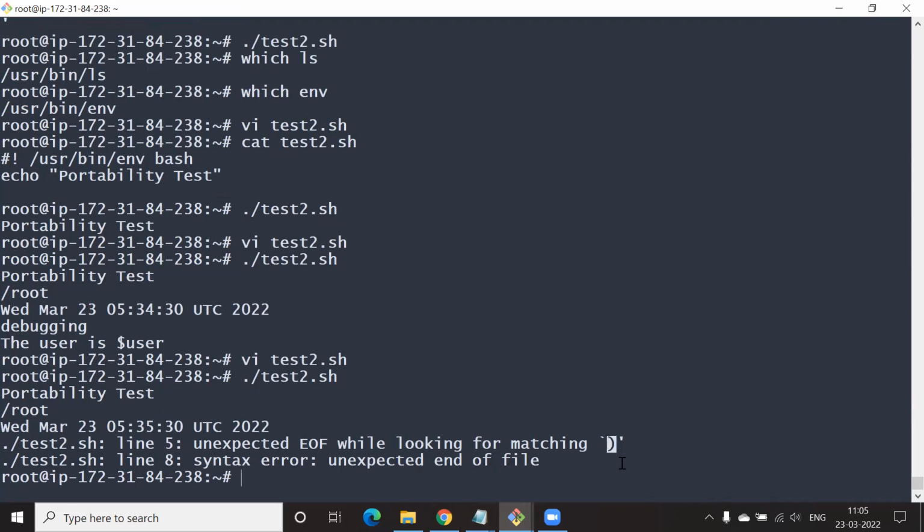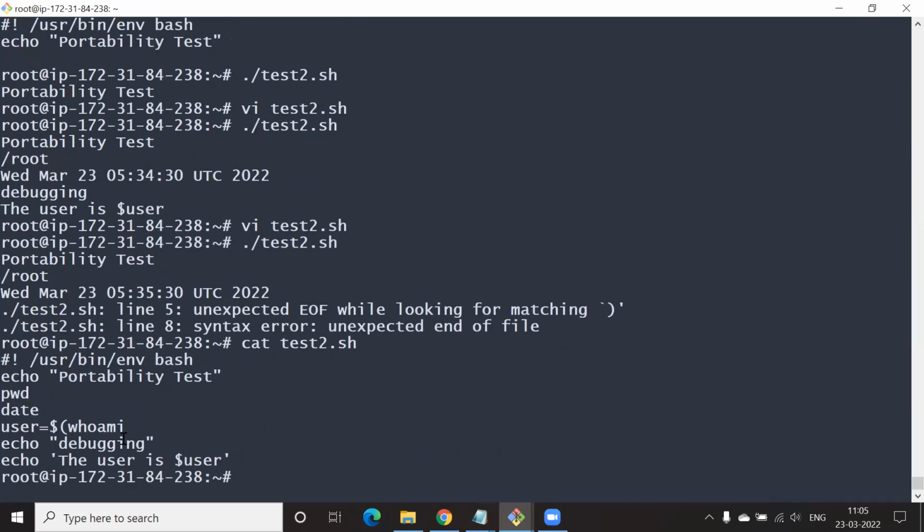So what does it tell you? It's telling to add the closing bracket. First cat it, then run it, and then explain it. It is telling to add this closing bracket here.